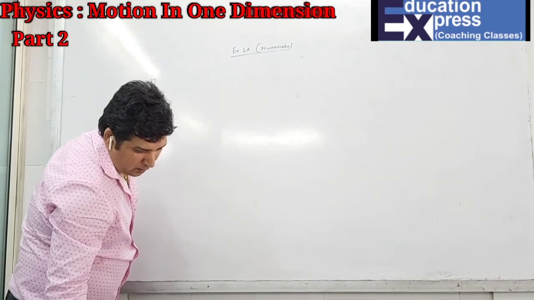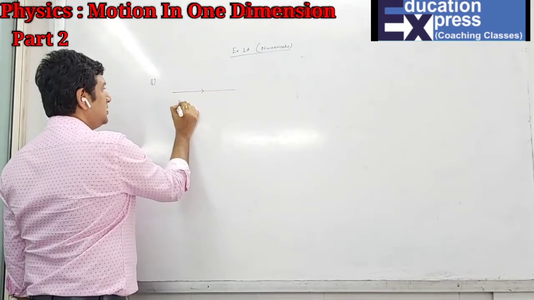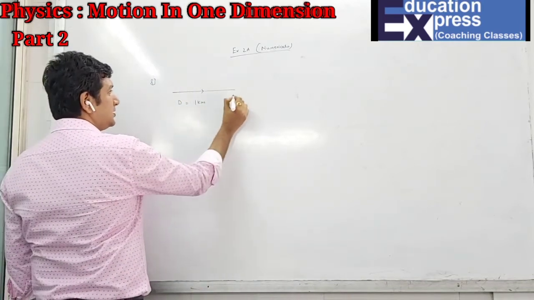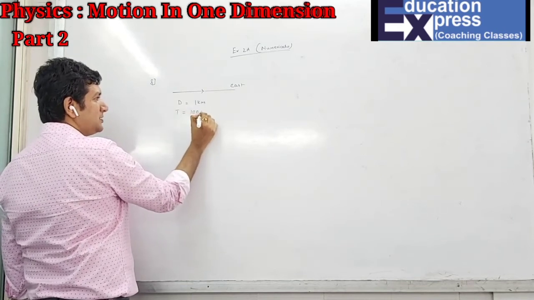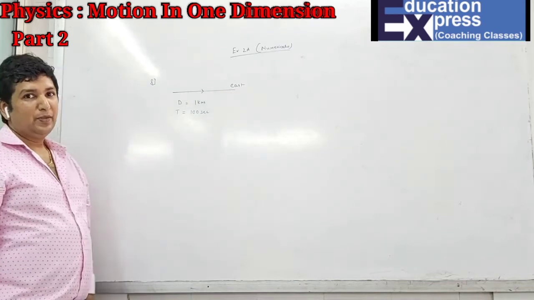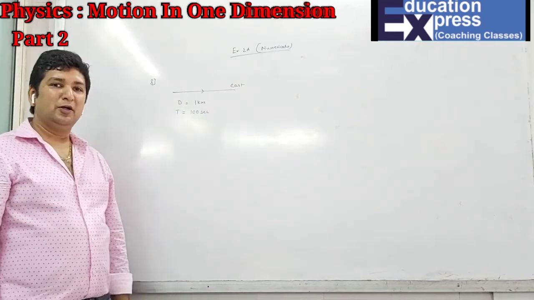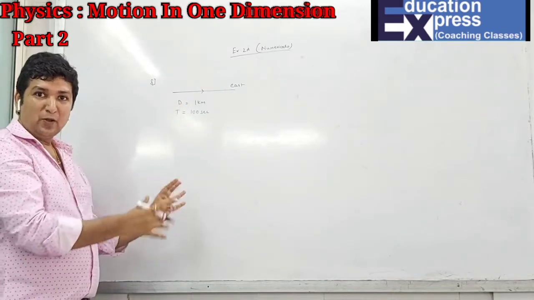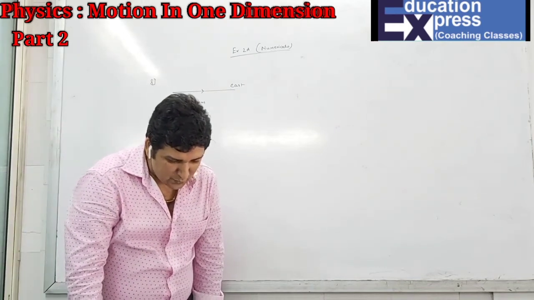A car moving on a straight path covers a distance of 1 kilometer due east. That means due east and time 100 seconds. So students, can you see why this direction is given? Obviously something to do with displacement. That means here if I just say distance, my answer will be 1 kilometer. But if I ask for displacement, I have to say 1 kilometer due east. That means they both are same, only with direction it becomes the displacement. So now what they have asked, find the speed and the velocity.